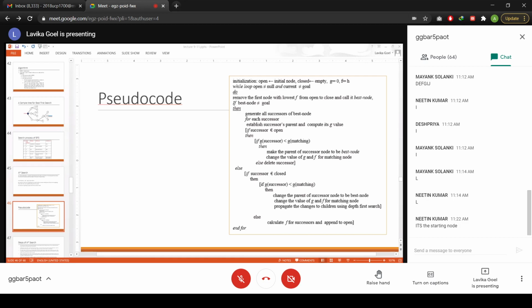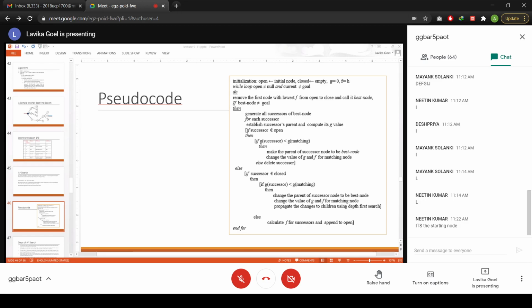It's the starting node, correct? So the cost of getting from the starting node to the current node is 0, because you are already at the starting node. So the cost of getting from initial to the current state is 0, right? So G value is 0 for the initial node.